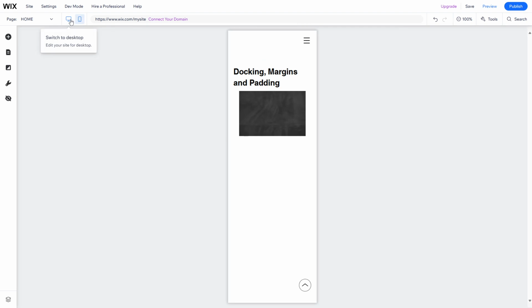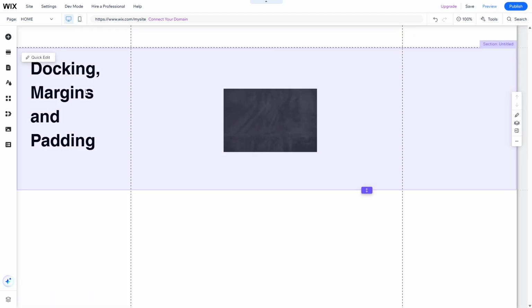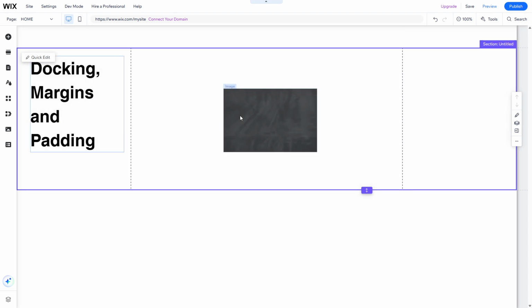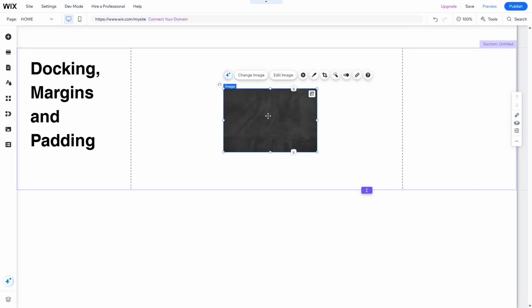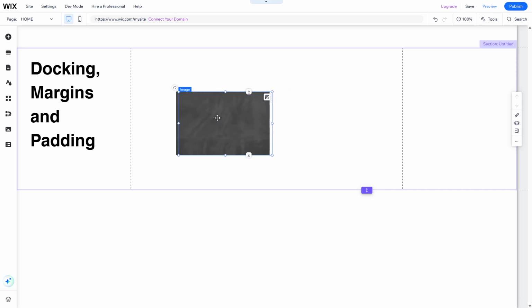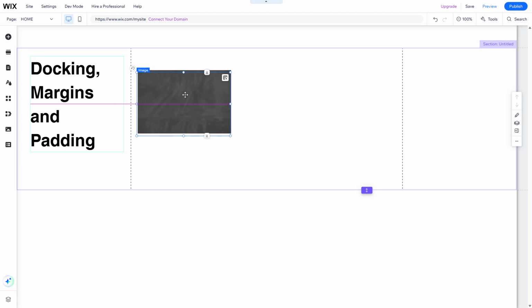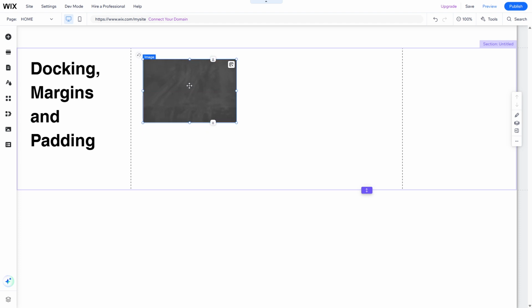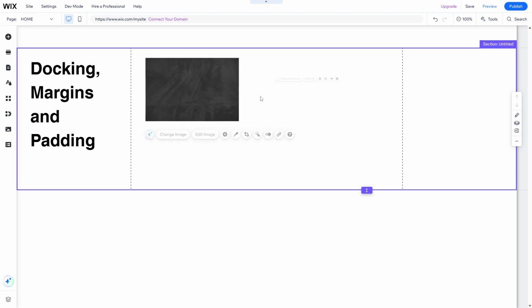Docking is essentially locking an element to a specific position within its container, left, right, top, bottom, or center, and having it remain there regardless of changes in screen size. Imagine you have a call to action button docked to the right edge with a 20-pixel margin. This button will consistently stay 20 pixels away from the edge, whether the user is accessing your site on a